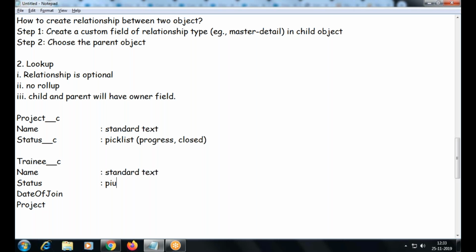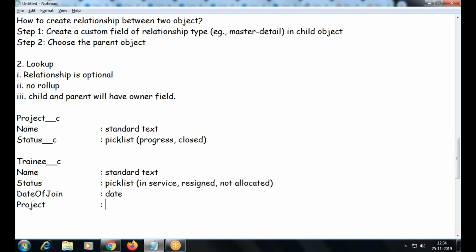What about the status? Yeah, pick list, maybe: in service, resigned, or not allocated, the project is not allocated. The date of join is a date field.